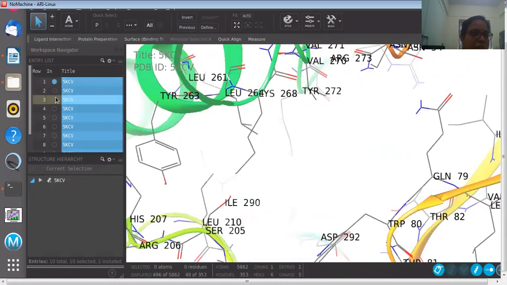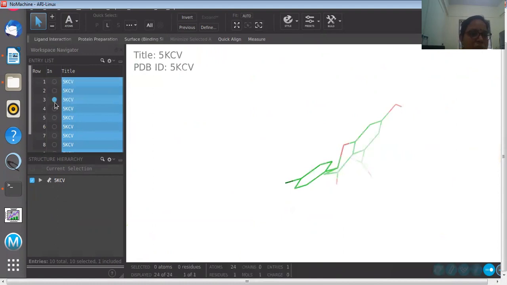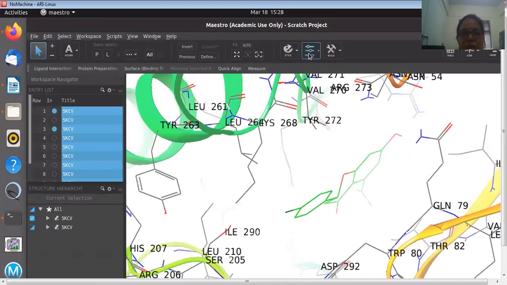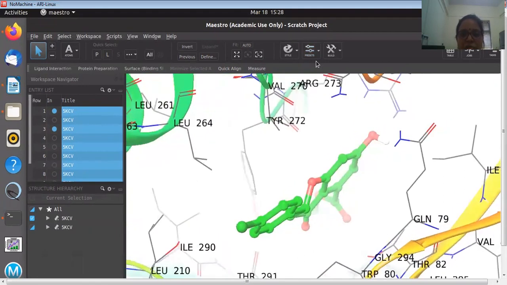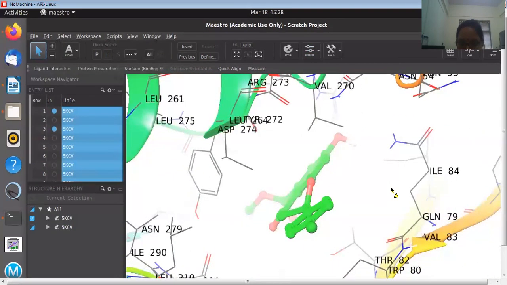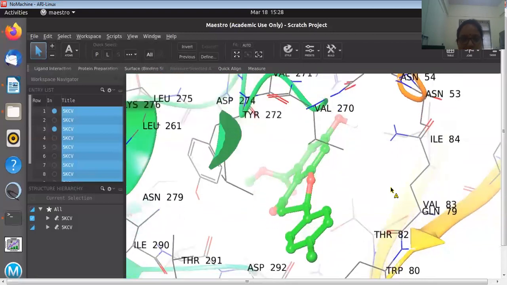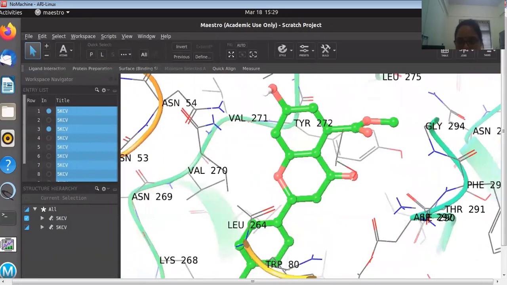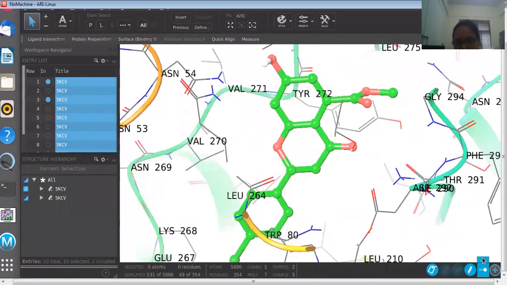I will do it again. I will go to the receptor, select this one and this one, and put preset, apply custom preset. So this is the ligand pose. Move it as much as you like; you can play with it everywhere. Your ligand is bound. You can visualize the hydrogen bond from this one.